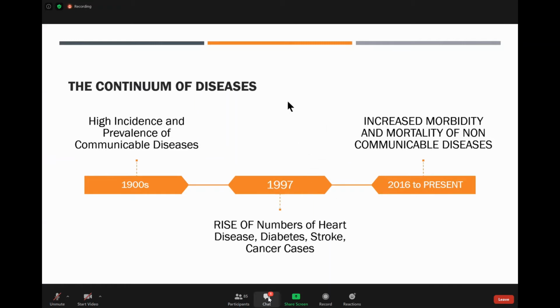And then kung mapapansin po ninyo, if we go back in time, in 1997, this is the year where tumaas din po yung pagdami noong mga fast food chains natin, tsaka nung ating mga processed foods na dumadating dito sa Pilipinas. And then